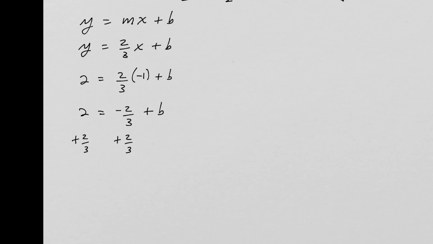So what's 2 plus 2/3? Well, you can think of 2 plus 2/3. My lowest common denominator is 3, right? So I can fix this if I multiply by, oops, go a little too quick there. So it's 2 over 1, right? I can fix it if I multiply by 3 over 3, right? Then I'll have the correct denominator. So this is going to be 6/3 plus 2/3, which is 8/3. So b is equal to 8/3. So that means my equation